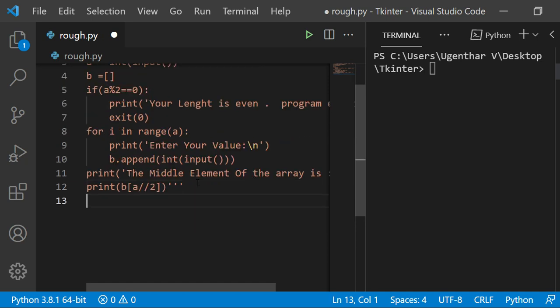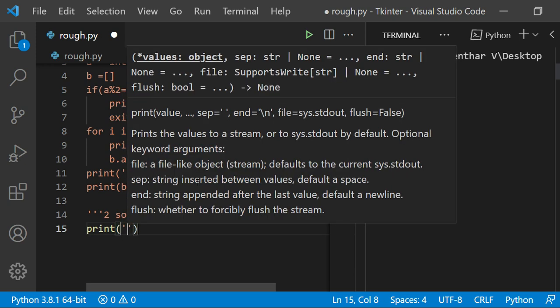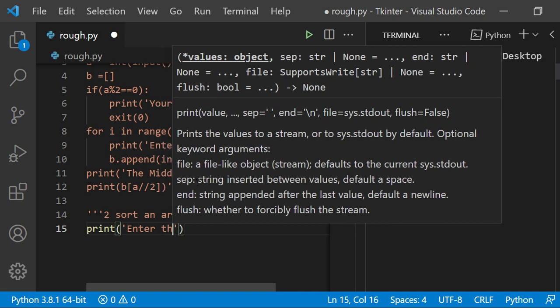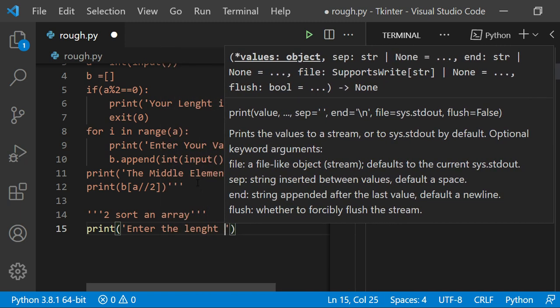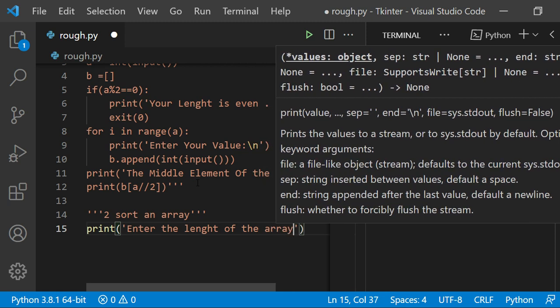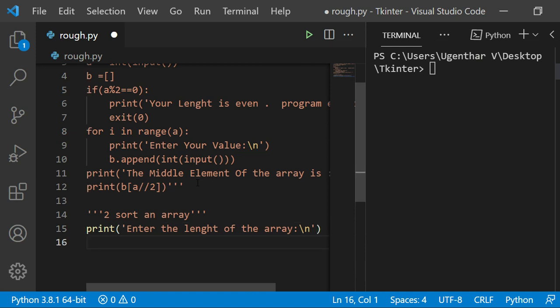Now let me comment this and let me do the second program, sort an array. Now we want to take the length from the user: enter length of the array, with backslash n indicating a new line.